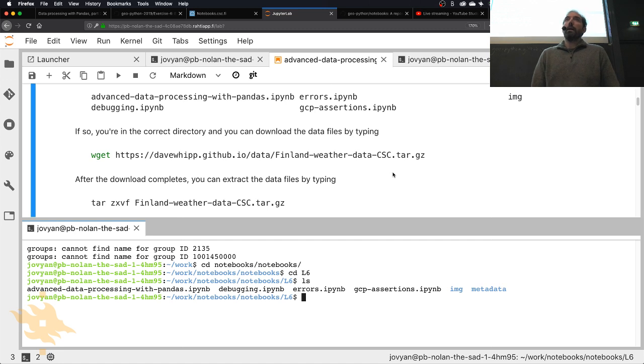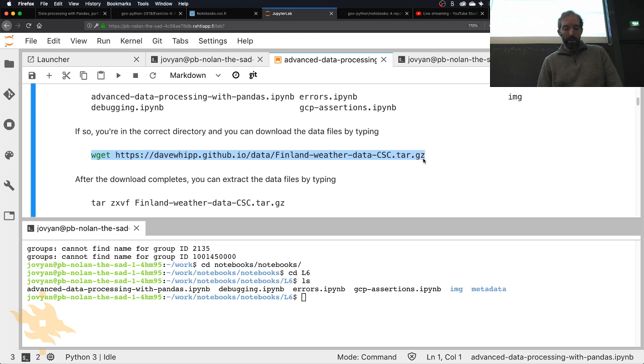But what we're going to do next is to download the data. We'll use a tool called wget. It's just a simple command line tool for downloading files off of a web page. There's lots of different possibilities to do this, but we'll use wget because it's already installed and available. And I'm just going to copy paste this command here. So this wget and then this website,